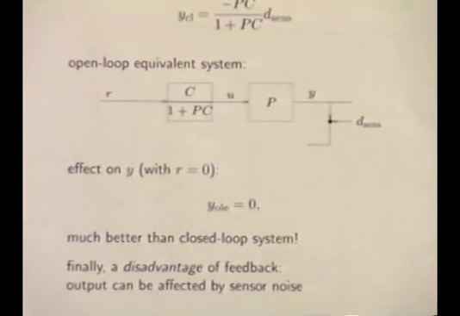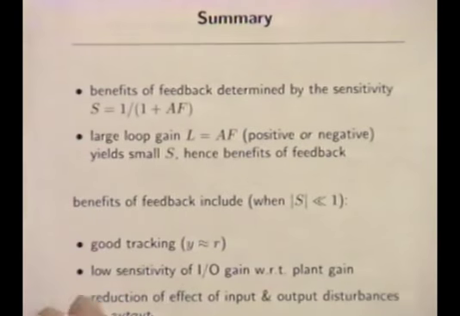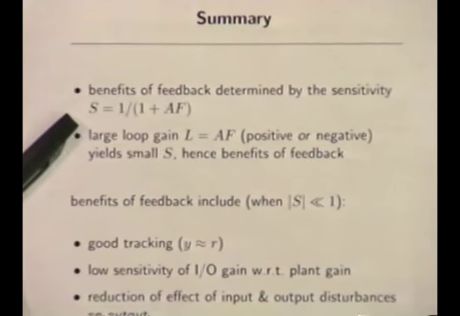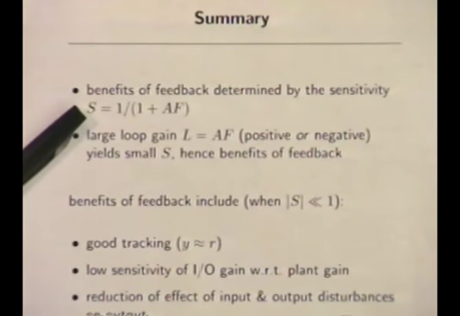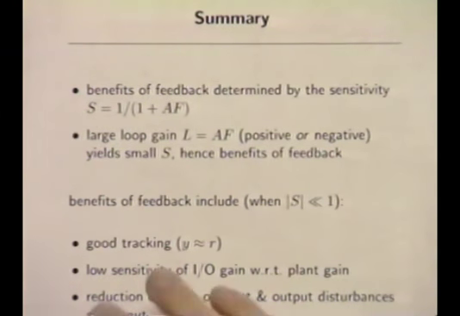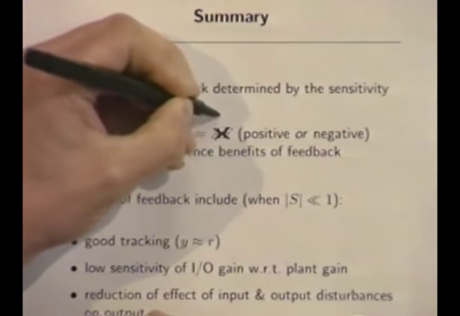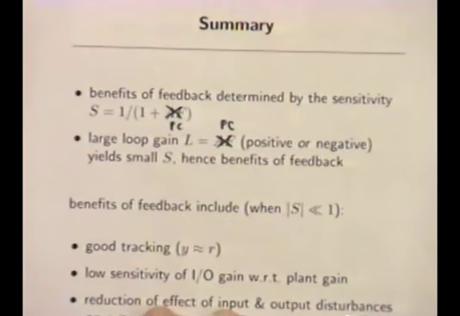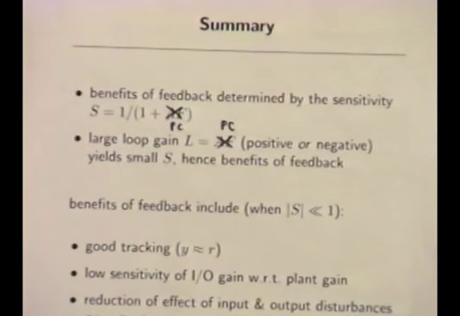disadvantage. Okay, so the summary is basically this. Once again, this curious number, 1 over 1 plus AF, here in this context it's 1 over 1 plus PC, kept coming up over and over again. And it was a number that told you what the benefits of feedback were, if it's small. If you have L large here, I mean, it could be not AF. I guess this should even be PC. I think that's probably just copied from the last lecture. Sorry. If you have PC here, if that's large, then S is small, and you get all these benefits of